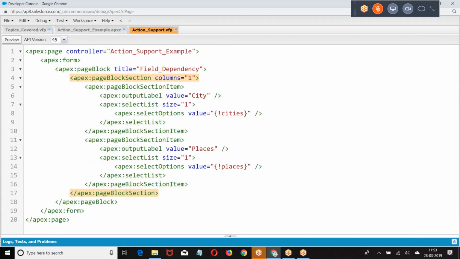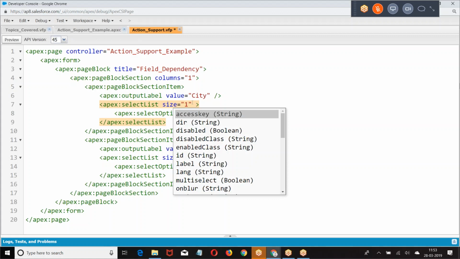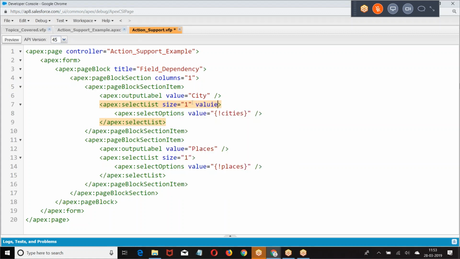Now listen carefully here. This is the concept what I am trying to discuss. Now the concept is whenever the change happens on this pick list, whenever the change happens on this element, you want some action to be performed.